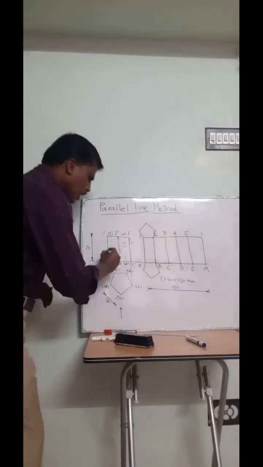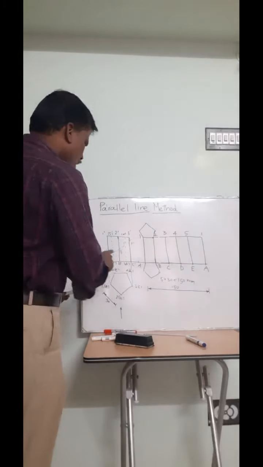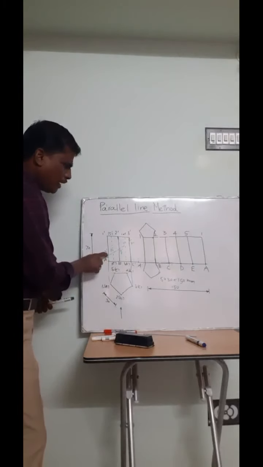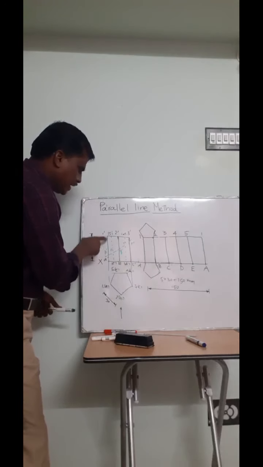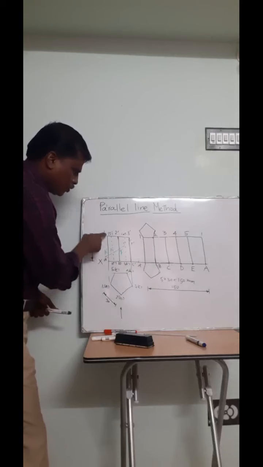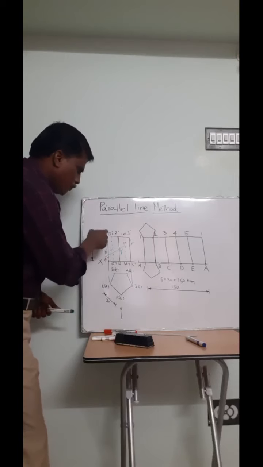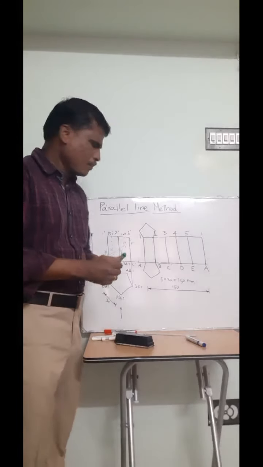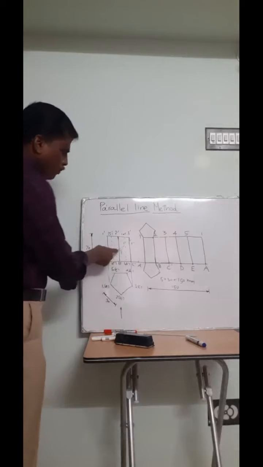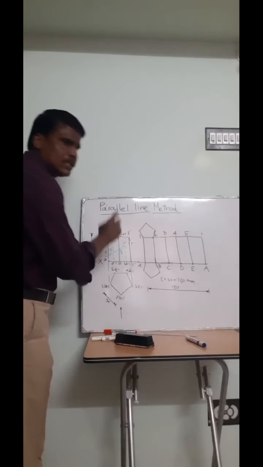Now I have to transfer all the points P, Q, R, S, T to the development. If I want to transfer the point P dash to the development, first look at where P dash is cutting, that is in between 1 and A. P dash is the point where the cutting plane passes through the edge 1 dash A dash. Q means in between 2 and B. R means in between 3 and C.